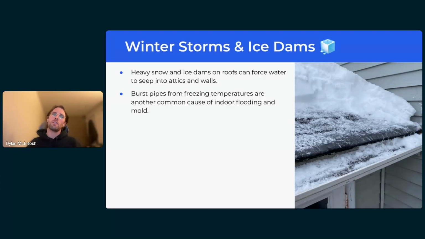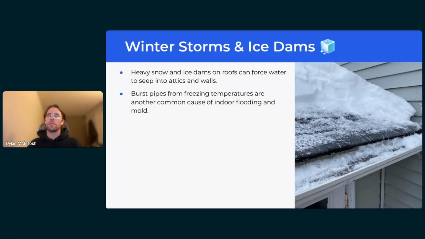That's when the snow directly in contact with the roof melts and then refreezes as ice. It can then allow for a lot of liquid water to pool, and the static pressure of that liquid water sitting on the shingles can work its way in and cause leaks that way. Burst pipes when temperatures are sub-zero and get very, very cold.